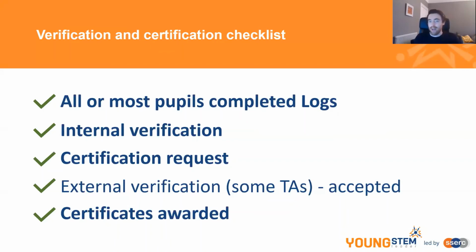At that stage, we will either award you your certificates within 2 weeks, or we will select you for external verification, where you go through the process I just described by giving us access to your sample batch logs, and we will deliver that result. If that result is accepted, we can issue the certificate straight away. If it's not accepted, we will describe the actions you will need to take to get those awards accepted for certification.